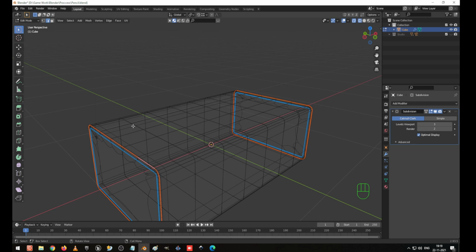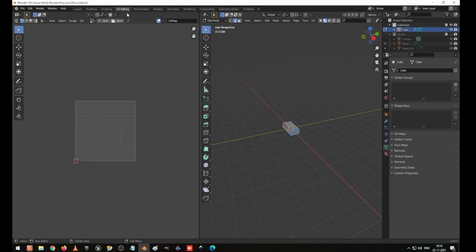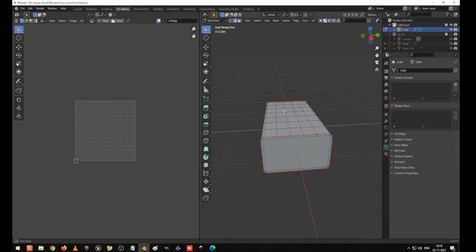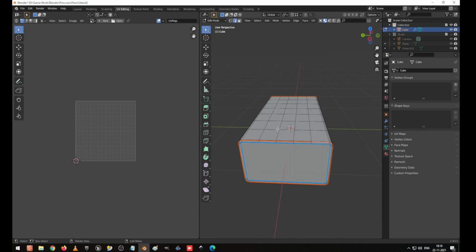Okay. Now I have created one edge loop here. Now I will show you how we can learn about unwrapping. So this is the box. The red line, what it does is, like if we have cloth, we stitch it together. That is the same way we are going to do it here.